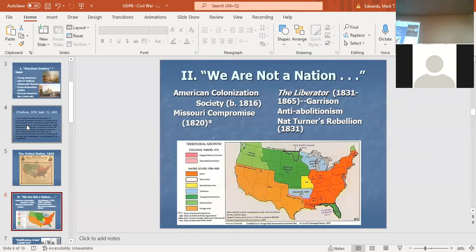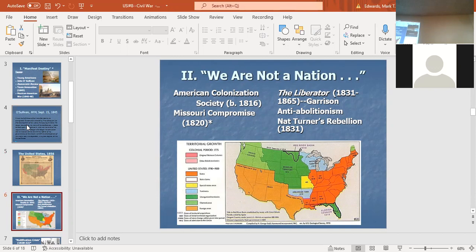Nevertheless, colonization remained popular. Abraham Lincoln supports a colonization project in 1863. It went badly, and a lot of historians think that if Lincoln had lived after the Civil War, he would not have pursued colonization anymore based on his experiences as president. That he would have tried to come to some kind of greater accommodation of African American North America. But the primary Northern answer was